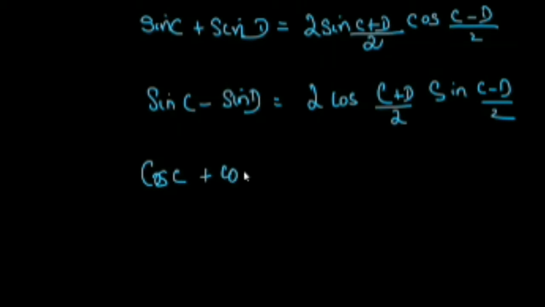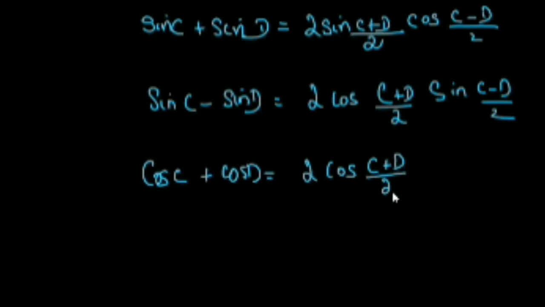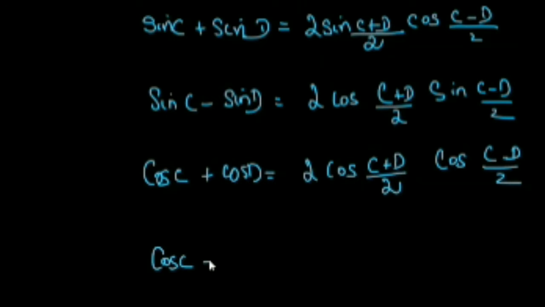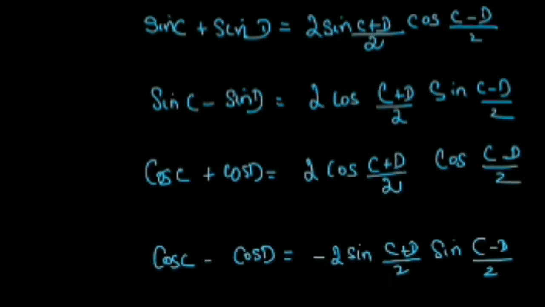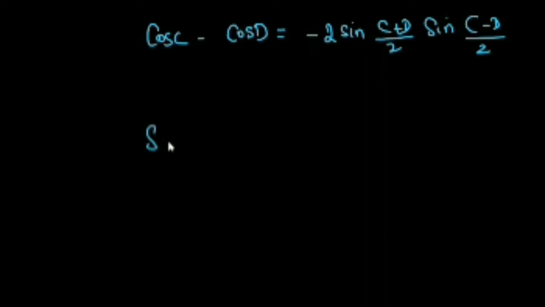Cos C plus cos D is 2 cos (C plus D)/2 cos (C minus D)/2. Cos C minus cos D is minus 2 sin (C plus D)/2 sin (C minus D)/2. Instead of learning this, learn like this: sin plus sin